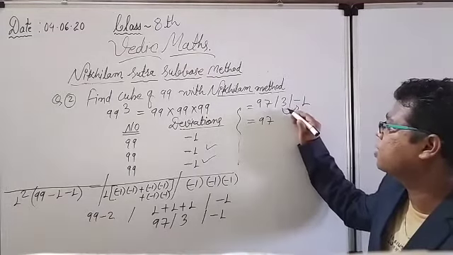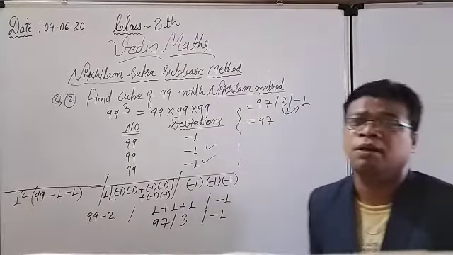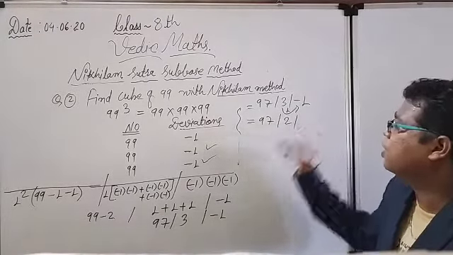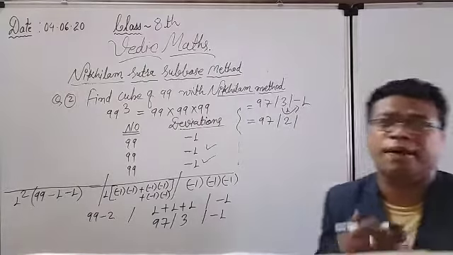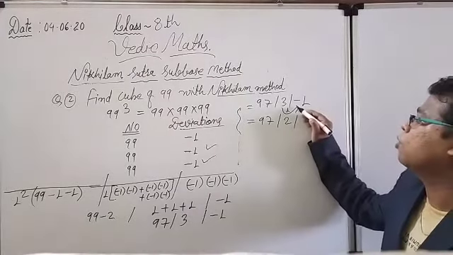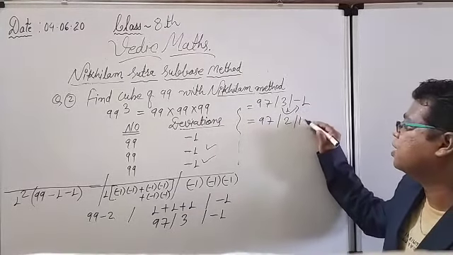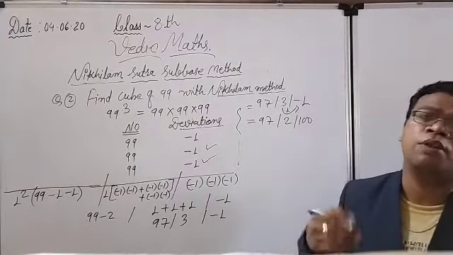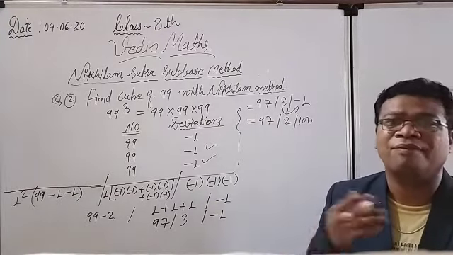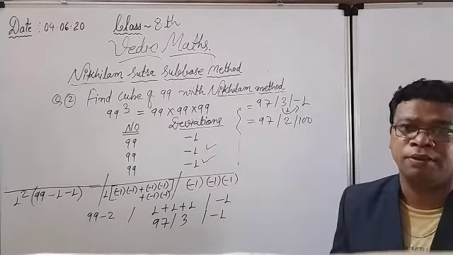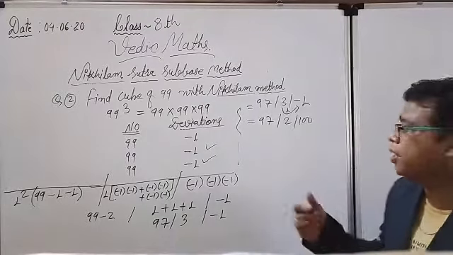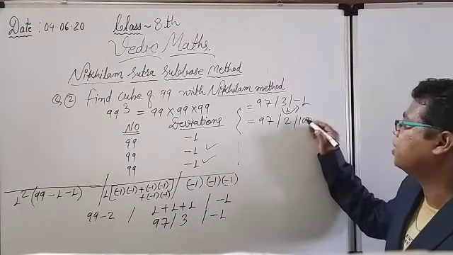The logic is that 3 will give 1 borrow, and if it is giving a borrow, it will be decreased by 1. So in the place of 3 I have to write down 2, and that 1 borrow which is given by the 3, it will be considered here as 100. Why? Because the borrow actually depends upon the base. Base is 100, so every borrow is equal to 100. If it is giving 2 borrows, that will be considered 200. But 200 is not required here. I require only the 100.